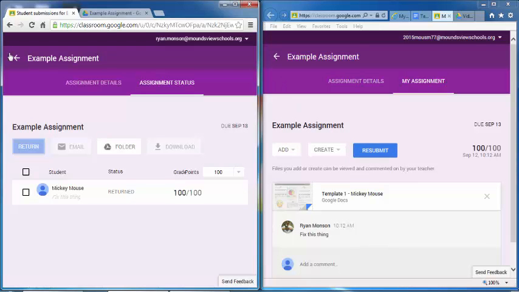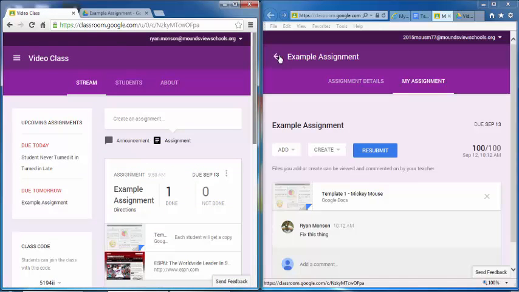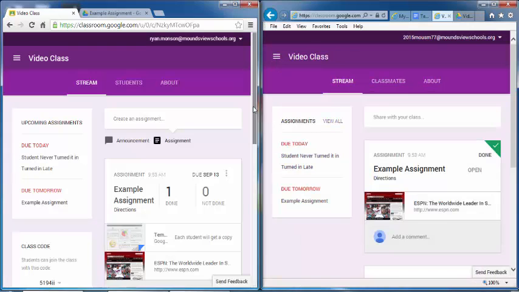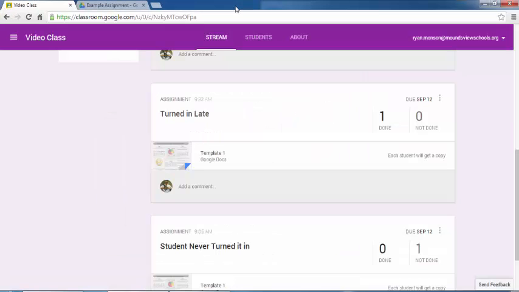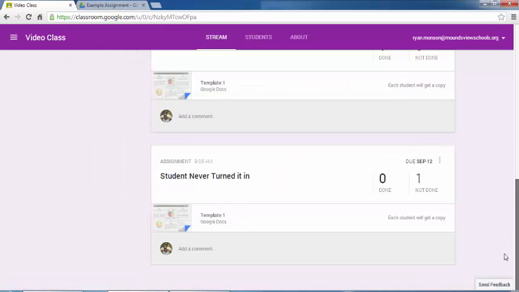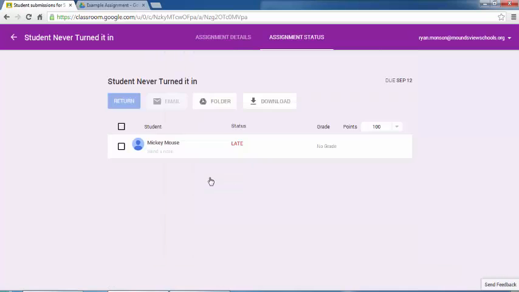Alright, now I wanted to show you a couple of other things, so I did a couple of other assignments. I did 2 different assignments down here. One is where I had the student never turn something in. So I have something here that's an assignment, and my student, Mickey Mouse, has never turned this assignment in. So I'm in the teacher view right now. If I click on this,